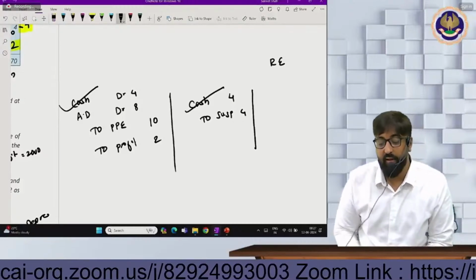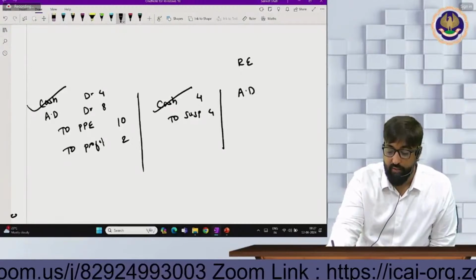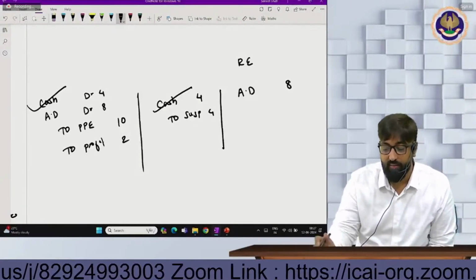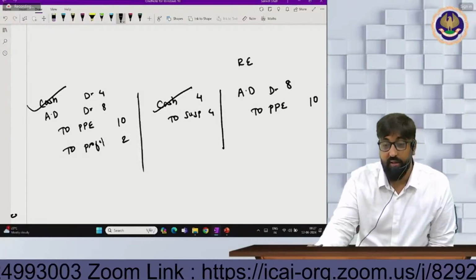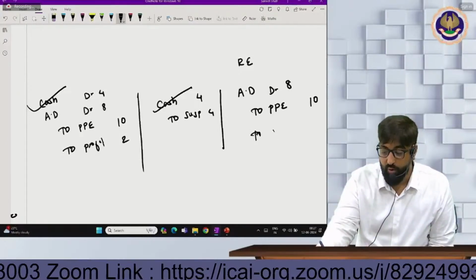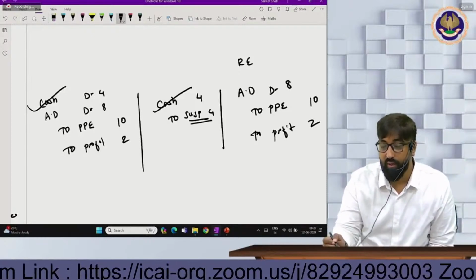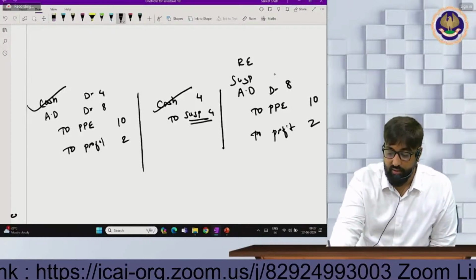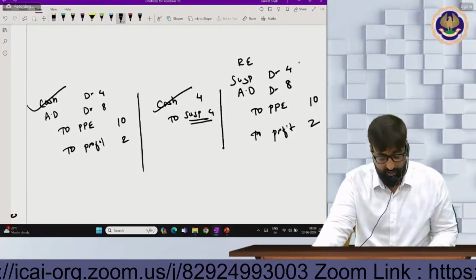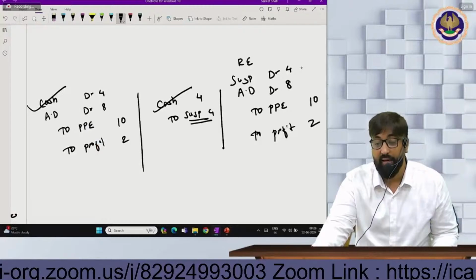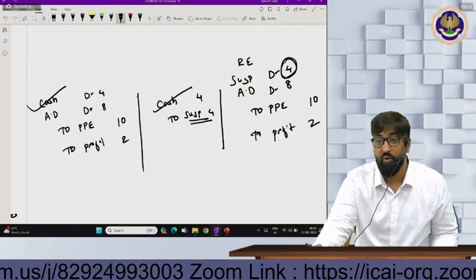अभी इसमें से रेक्टिफिकेशन एंट्री में क्या-क्या करेक्ट है आपका? कैश करेक्ट है? यस। तो क्या करेक्ट नहीं है? आपने एक्यूमुलेटेड डिप्रिसिएशन को डेबिट देना चाहिए था 8 से, प्रॉपर्टी प्लांट एंड इक्विपमेंट को क्रेडिट करना चाहिए था 10 से, और प्रॉफिट को क्रेडिट करना चाहिए था 2 से। पर आपने कर दिया सस्पेंस को क्रेडिट, तो उसको रिवर्स करेंगे। तो सस्पेंस अकाउंट डेबिट आपका हो जाएगा 4। अभी सस्पेंस को डेबिट है, ट्रायल बैलेंस में सस्पेंस को क्या है? क्रेडिट। तो आप ट्रायल बैलेंस में से 4 को माइनस करोगे।